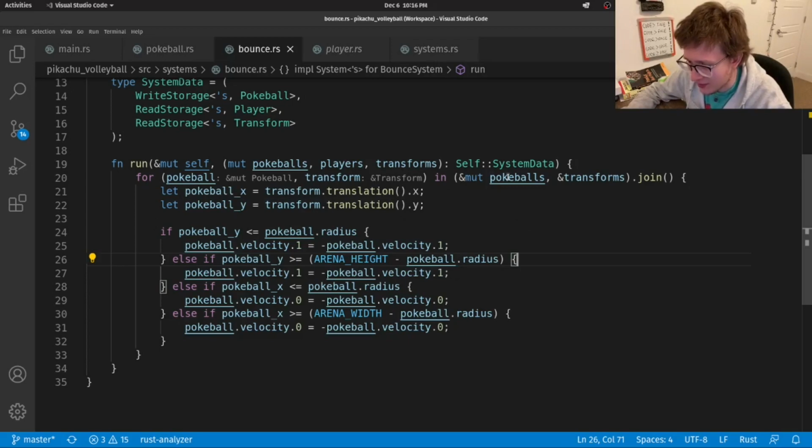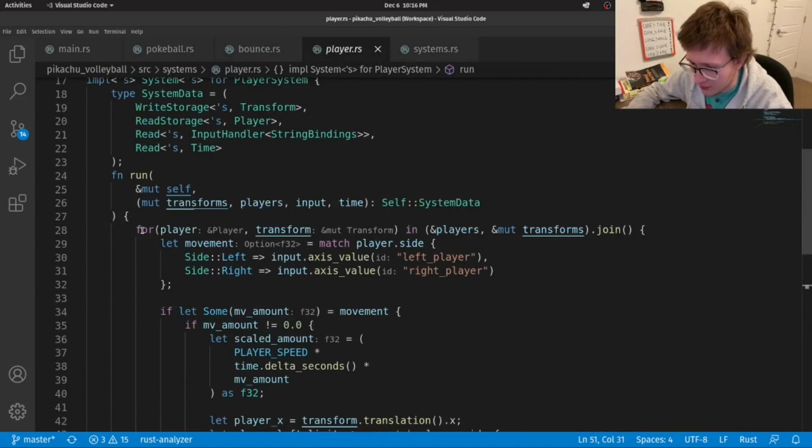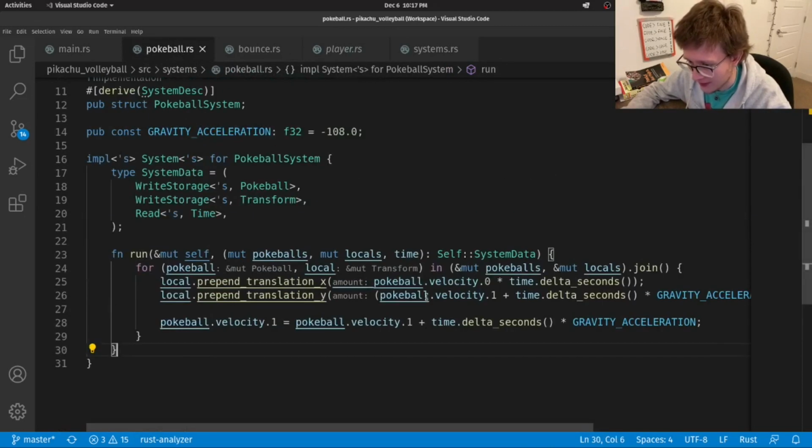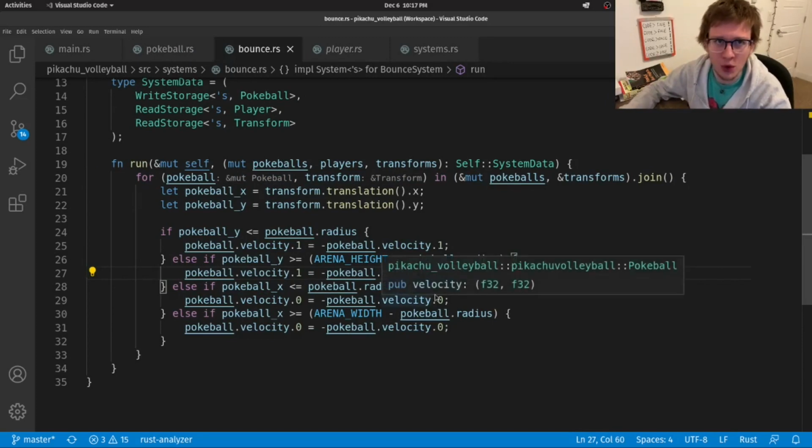Oh, one thing I want to point out, in here, we had this for loop on players, right? And I feel like it didn't really need much explanation because we have multiple players, so it sort of made sense. But you see that is not just because we have multiple players, but that's a pattern that we follow all throughout. We had it in Pokeball.rs, even though we don't have multiple Pokeballs, and we also have it in Bounce.rs. So that's just something you can always follow. Of course, always beware of always, right?